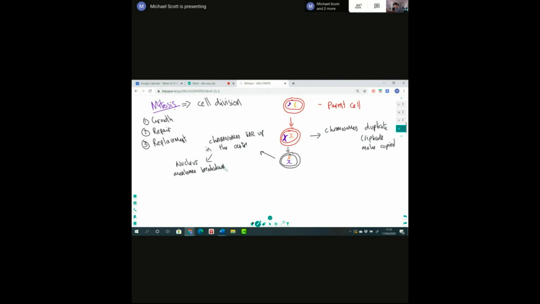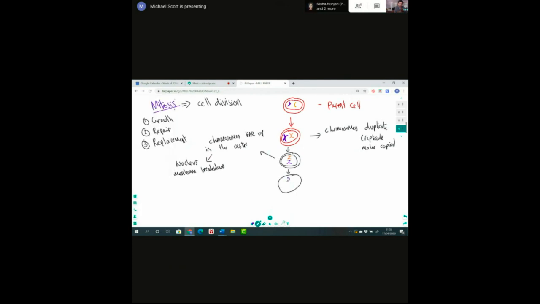In other words, the nucleus kind of disappears now. The chromosomes have lined up in the center, and they are not within the nucleus anymore. Now, the next stage of mitosis. Oh, yeah, sorry, I've drawn the nucleus in even though it's gone. So the next stage of mitosis then is